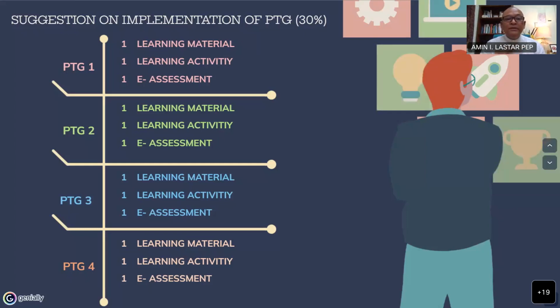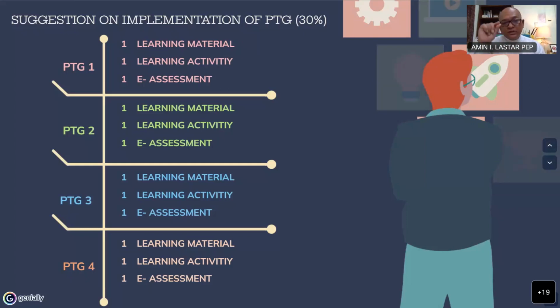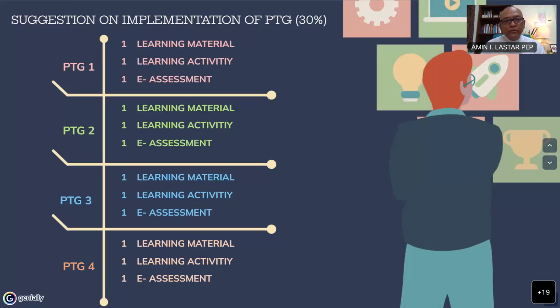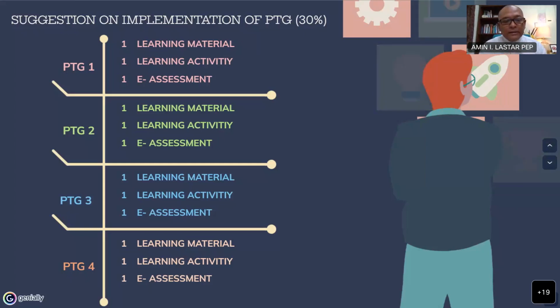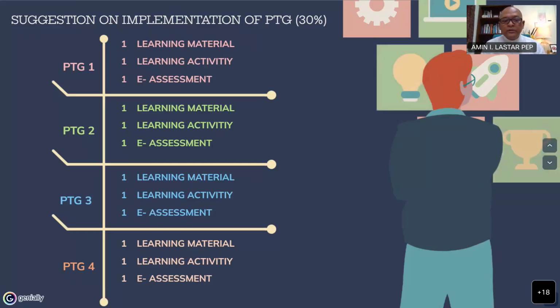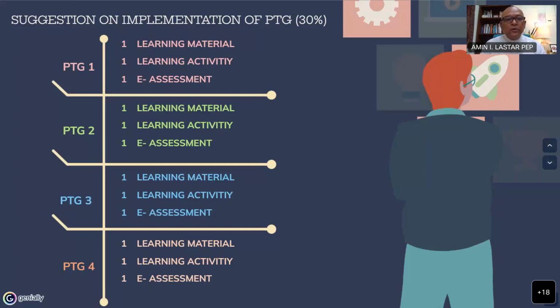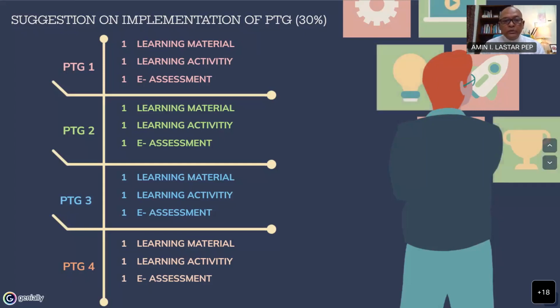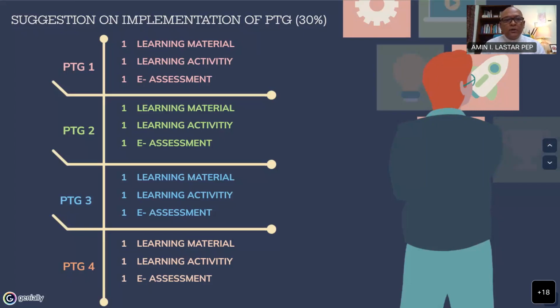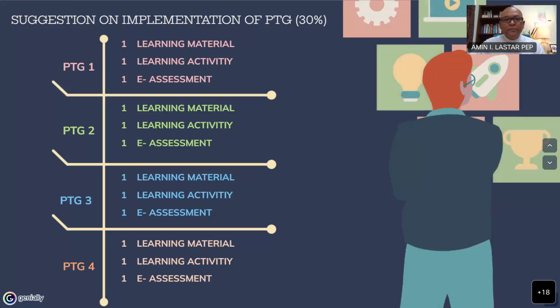Not one PTG is 14 hours. No, the combination of all those 4 PTGs is equal to 14 hours for learning material, for 40%, which is equal to 14 hours for learning activities, and 20%, which is equal to 8 hours of e-assessment, be it summative or formative.